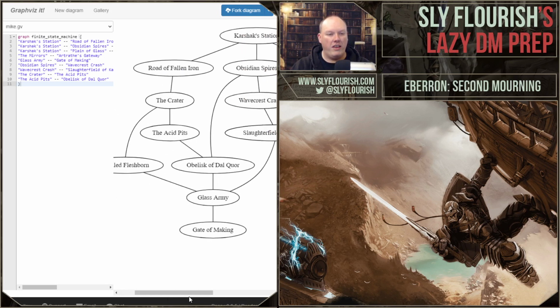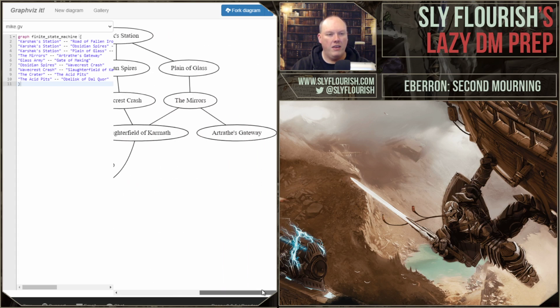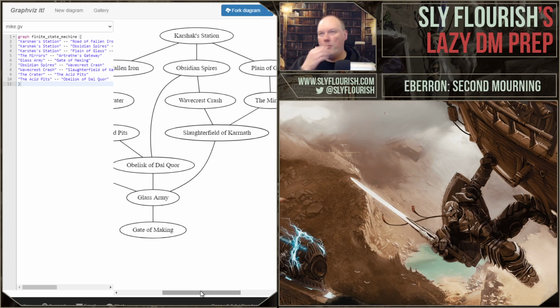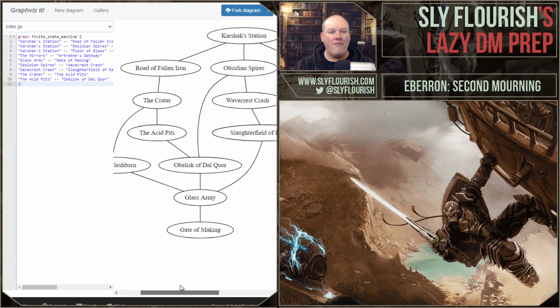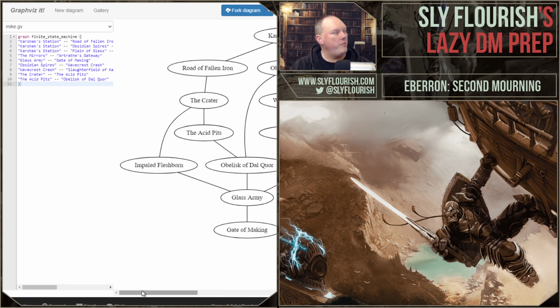All paths, of course, end up leading to the Glass Army and the Gates of Making because those are kind of cool areas. But there's all sorts of other places, like the Trades Gateway, the mirrors, and we talked about Jayquaying the point crawl so that there's loopbacks, secret passages, dead ends, different ways to navigate through this whole site. So I was going to do it this past week, but I didn't get around to it. I got busy, and